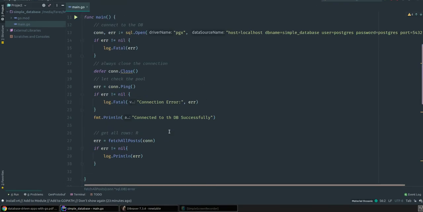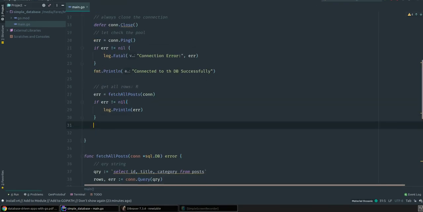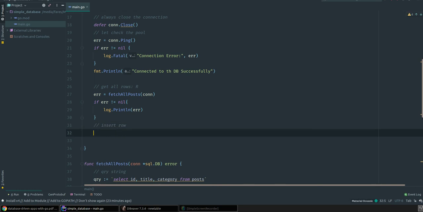The next step, let's insert a row. So as a usual SQL query, we will define this query. It's insert into posts, title and category,